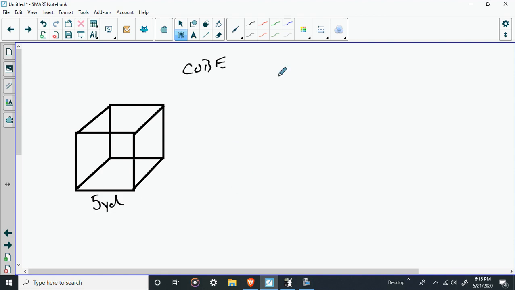So what if I said this was 5 yards? Okay, then the volume is length times width times height, but the length times width times height is all the same thing. So all I'm going to say is 5 yards cubed, right? So 5 times 5 times 5. 5 times 5 is 25, 25 times 5 is 125 yards cubed, okay? What would be the surface area? Well, since they're all the same,